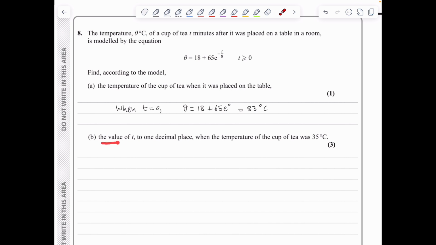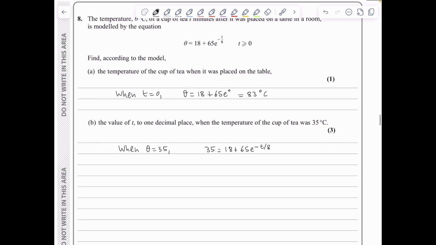In part B, we need to find the value of t to one decimal place when the temperature of the cup of the tea was 35 degrees Celsius. So this time we've got theta being 35, so when theta is 35, we've got that 35 is 18 plus 65 e to the minus t over 8. This leads to 17 being 65 e to the minus t over 8. We will divide both sides by 65, arriving at 17 over 65 is equal to e to the minus t